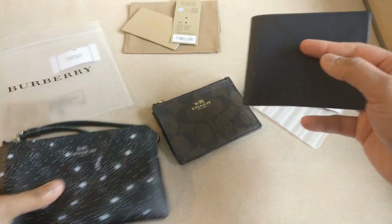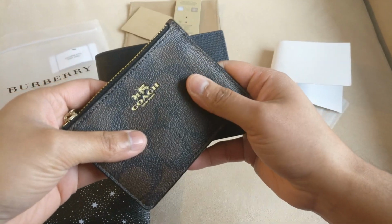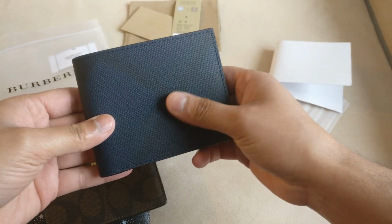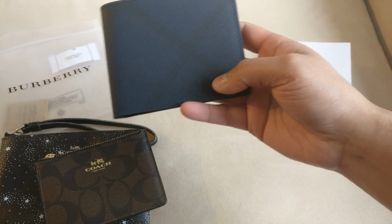The Coach coated canvas is also a little bit stickier. If you rub your finger across it, it does feel like it pulls a little bit more, whereas this is a bit smoother. I think it's probably because of the crosshatch. It's just really easy to drag your finger across and follow the grain of the coated canvas. In terms of the leather,